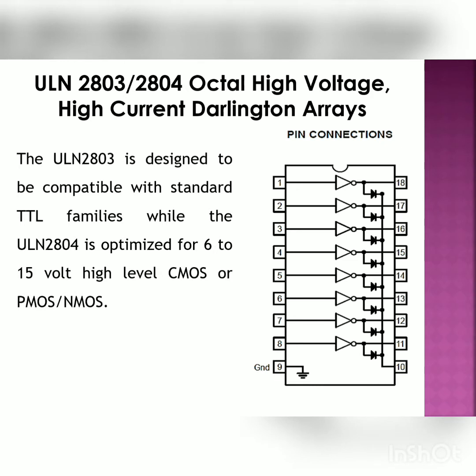The inputs and outputs are there, and in between these two consecutive pins there will be the inverter symbol shown. Actually, the inverter symbol here represents the Darlington array, which is designed with the help of two NPN transistors. Also, in the pinout for every array there will be a clamp diode present.